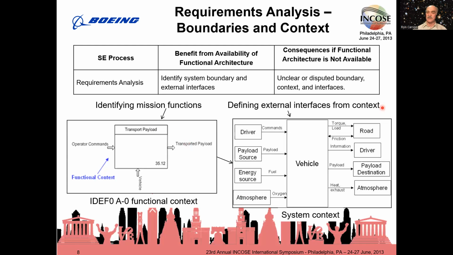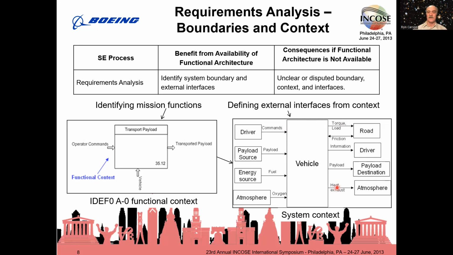Also relates to deriving the context diagram, the logical interfaces in the context associated with any logical element, the system of interest. And clarity here is extremely important because it's these boundaries and interfaces that allow us to validate the requirements that we're deriving. If we can't observe a function at the interface of the system of interest, then it's not going to be verifiable at that level. And so we probably have some sort of an error.